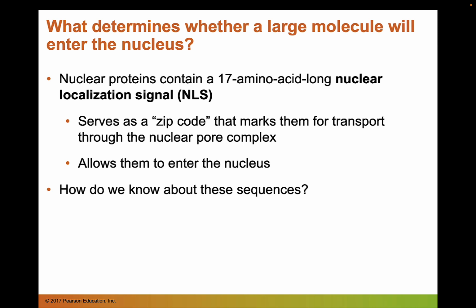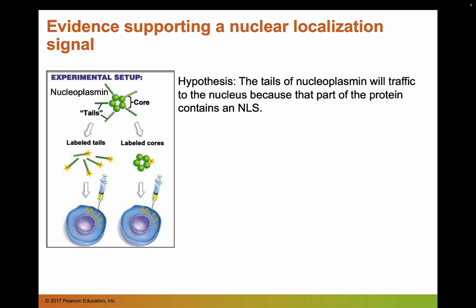So how do we know, though, about these sequences? What experimental evidence do we have that these nuclear localization signals exist? And so there were these early and great experiments done by this protein called nucleoplasmin. These proteins are really important to maintain DNA's tertiary structure, so when they wrap around histones. And nucleoplasmin has two parts to the protein. It has these core regions that are shown by the balls here, and these tail regions that are these long parts. And in this experiment, researchers hypothesized that the tails of nucleoplasmin will traffic to the nucleus because that's the